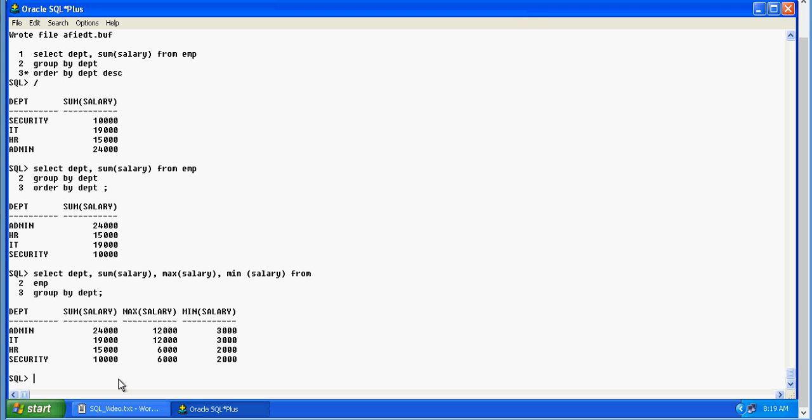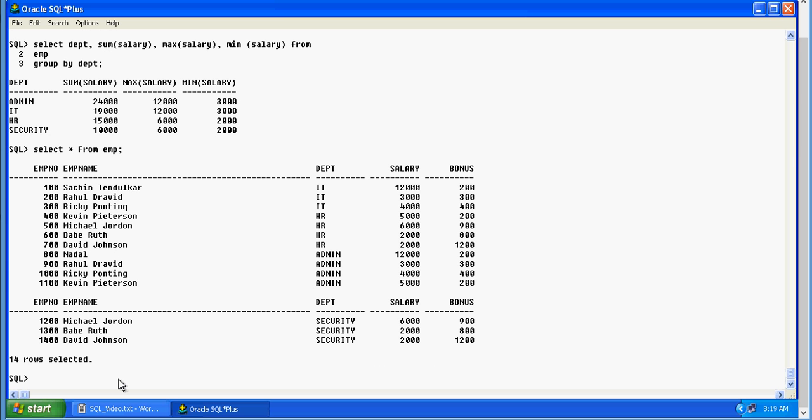Again, going back to the EMP table, I want to find out the count of employees in every department. Count is again an aggregate function. So let's see how to find out.